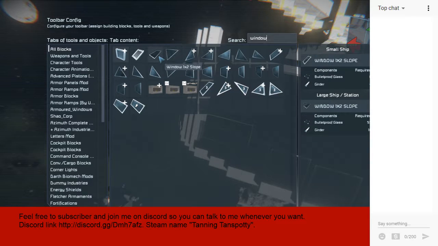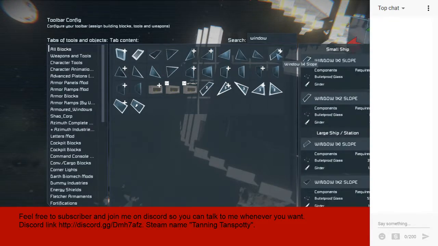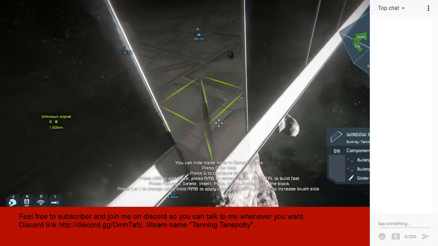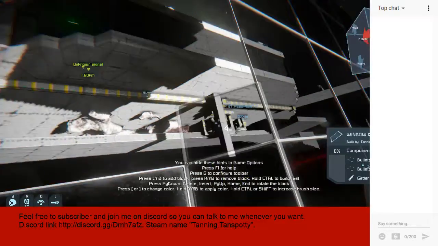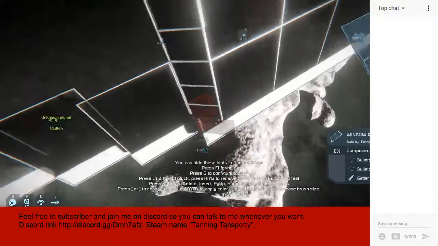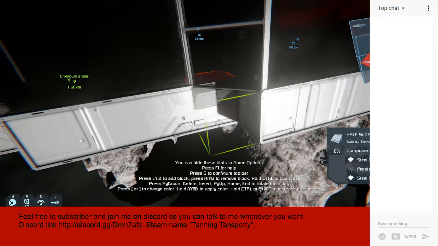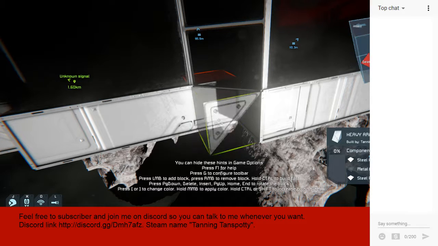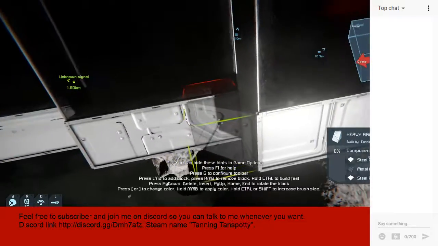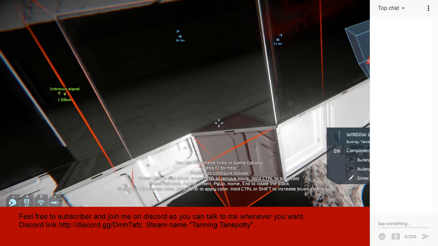It's going to be a 1x2 slope. Nope, it's going to be a 1x1 slope. I don't think I could have that there. I'd have to...